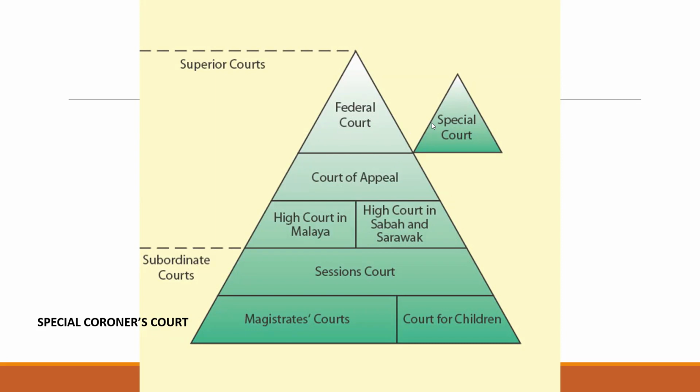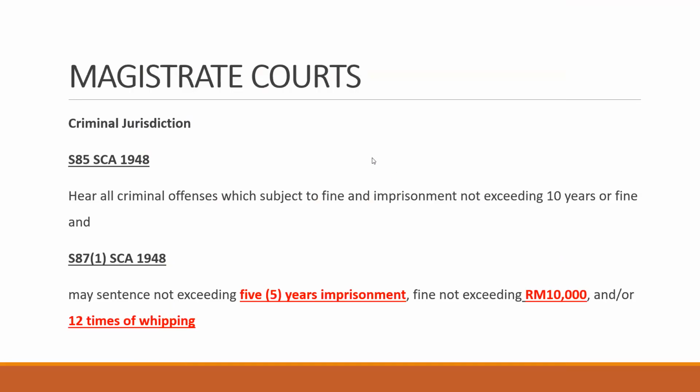The Special Court is only for the rulers, that means the Sultan, Yang di-Pertuan Negeri, or Yang di-Pertuan Agong. All other ordinary courts have no power to try them. Only the special court can try them. But this is a list you need not be too concerned about, because I don't think questions involving this area will come up. So today our topic shall cover the jurisdiction of the court, and the next topic we are going to discuss is about arrest.